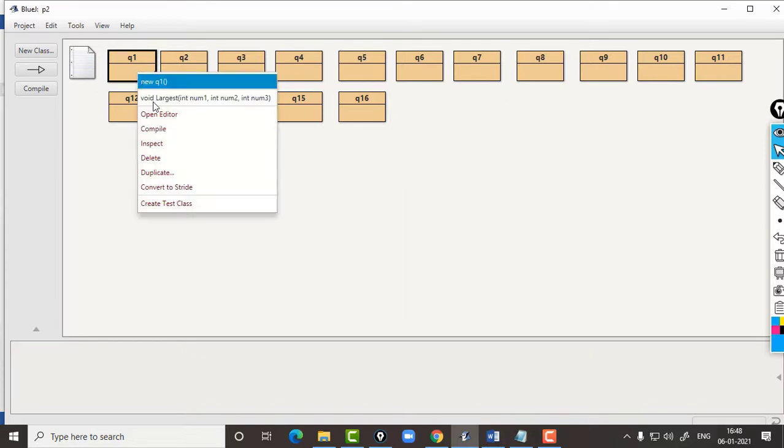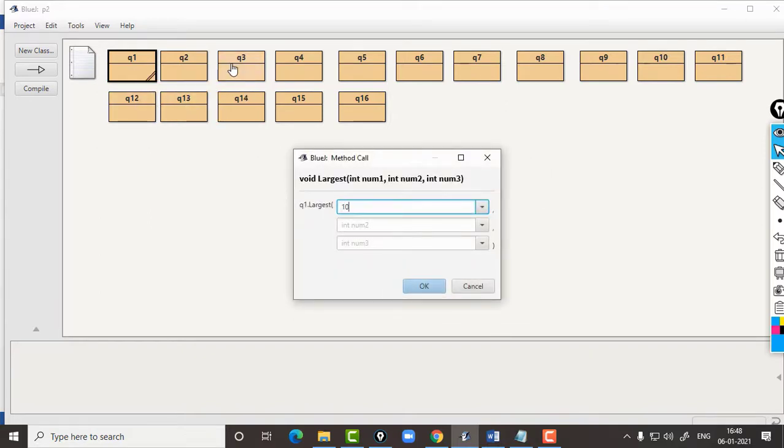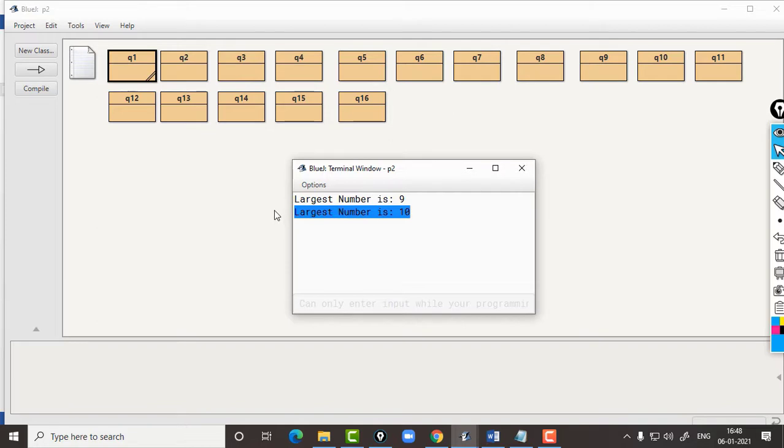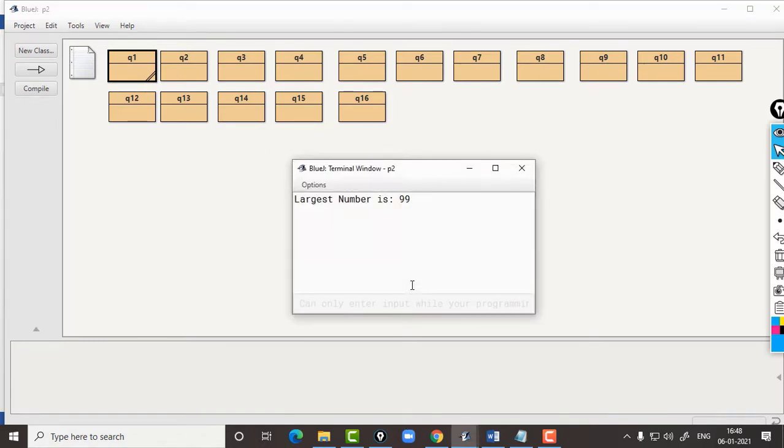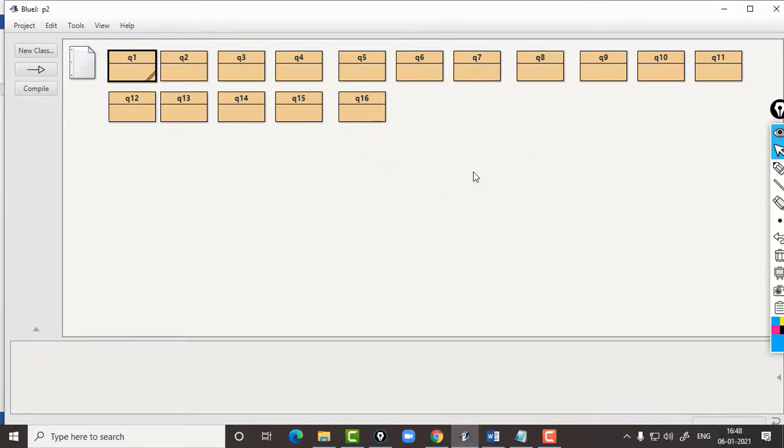Let's try out some different values. Let's say 10, 8 and 3. This time it is showing the largest number is 10. Then let us try 56, 45 and 99. It is showing me the largest number is 99. So this is how you will find the largest among 3 numbers using if without else.